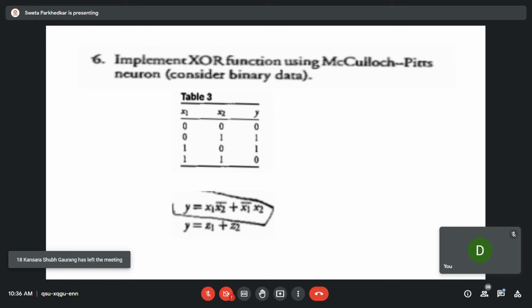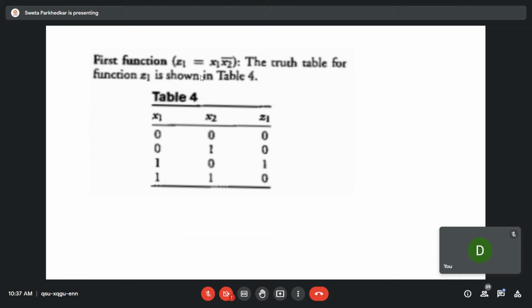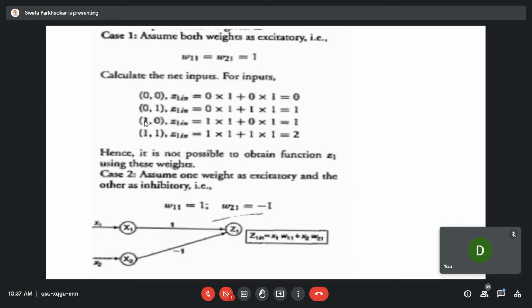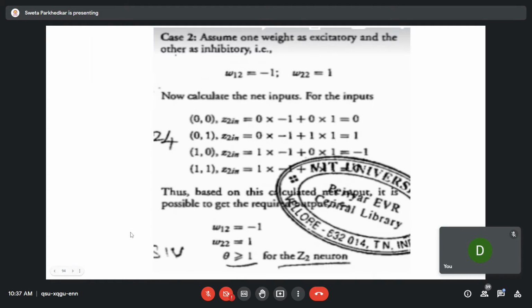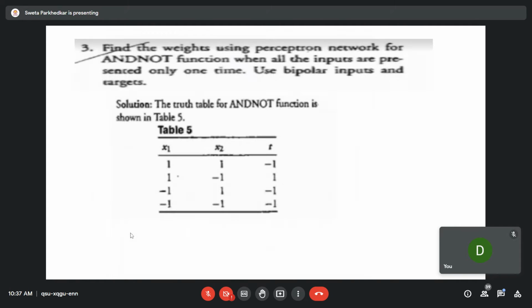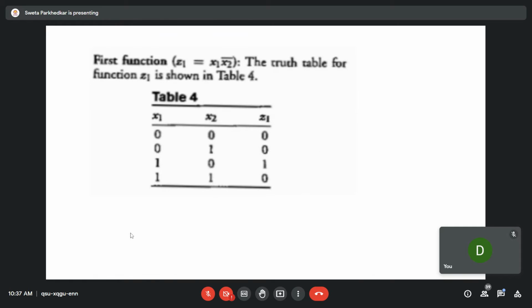Okay, so after this the first step we need to calculate or assume the weights. We'll assume the weights, that is W11. ठीक है, for the first function we'll assume the weights W11 and W21 as equals to 1. Now ये W11 and W21 हम लोग किस लिए बोलते हैं? So you can see, I'll show you the complete diagram. यहाँ पे diagram किधर है? Okay, diagram नहीं है, एक second ना,